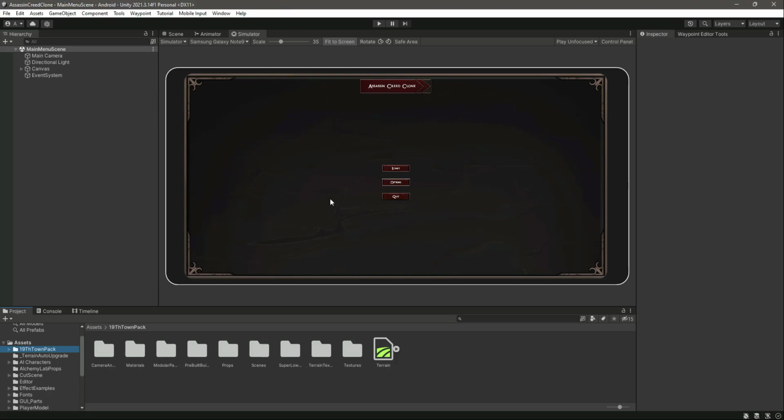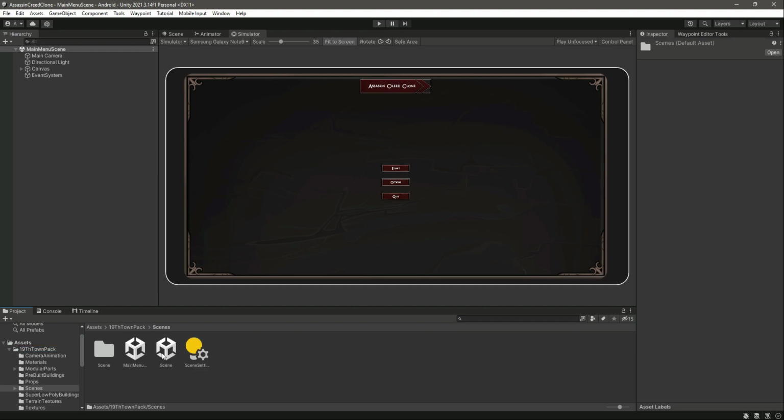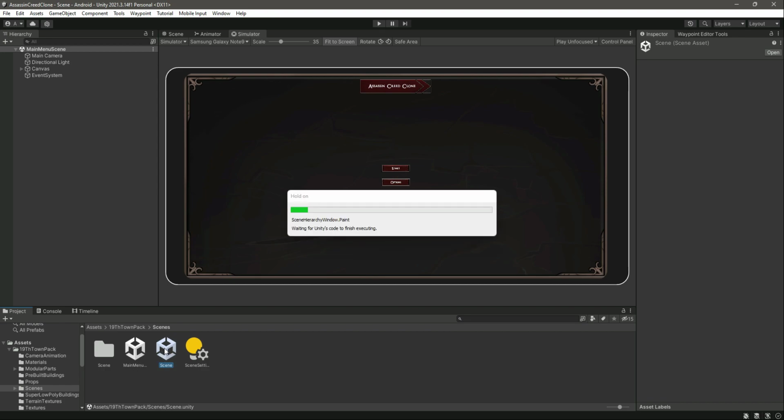So now in this video we will be adding the joystick for movement, and also we will move the camera around as well, or you can say we will add the rotation controls for Android as well. So right here, if we change the scene from main menu scene to just the scene on which we have